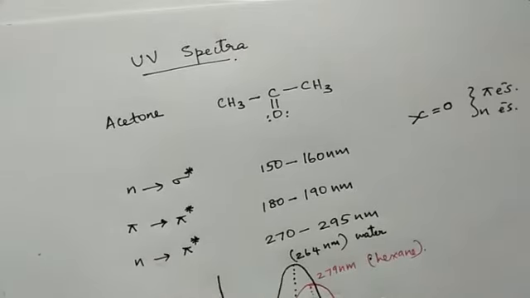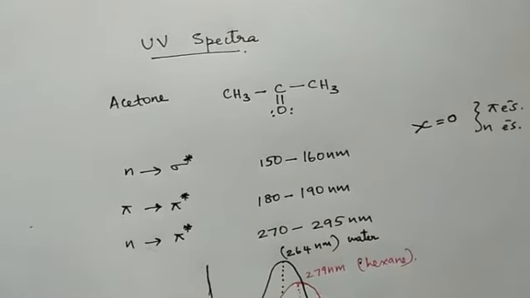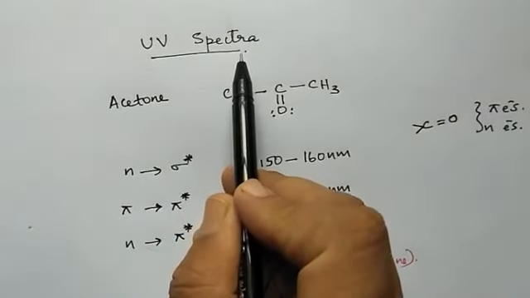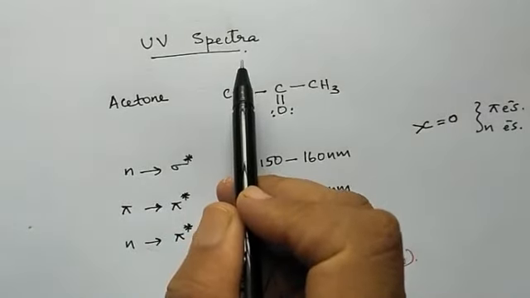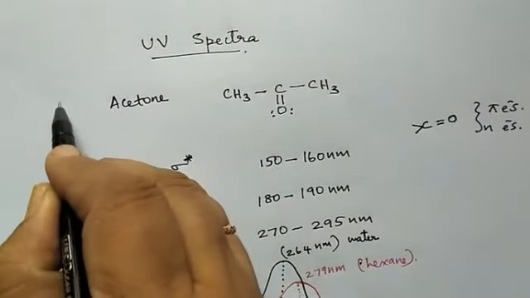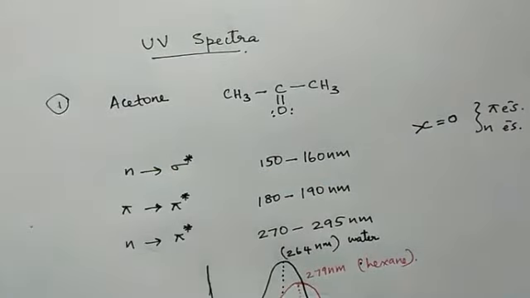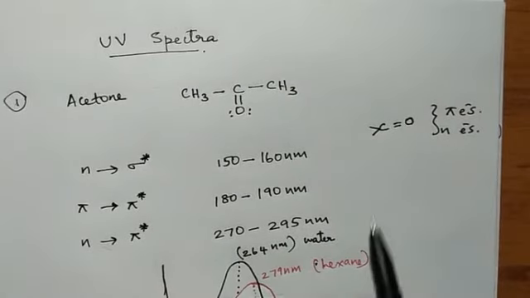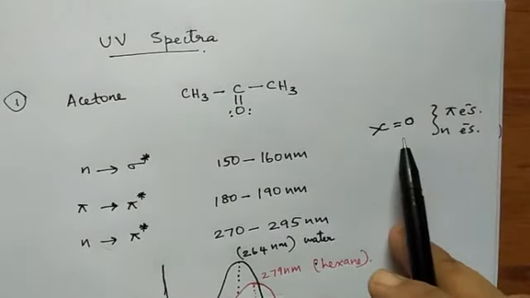So we are going to study the UV spectra. In UV spectra, we have to learn a few examples. The first one is the spectra of acetone, and acetone, we know, is CH3COCH3. Whether it is aldehydes or ketones, it will have a carbonyl group, that is a C double bond O